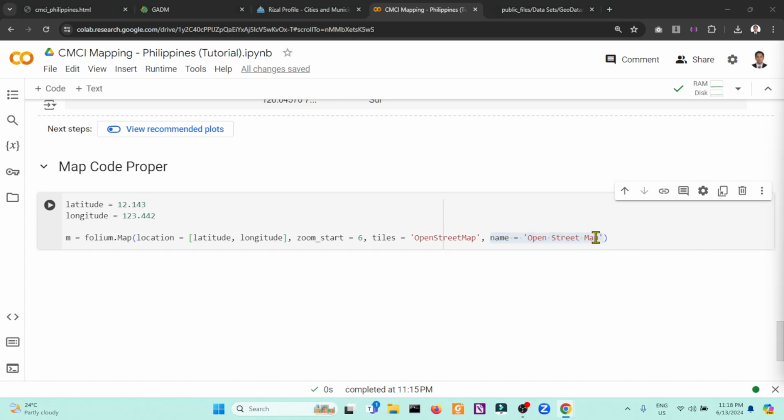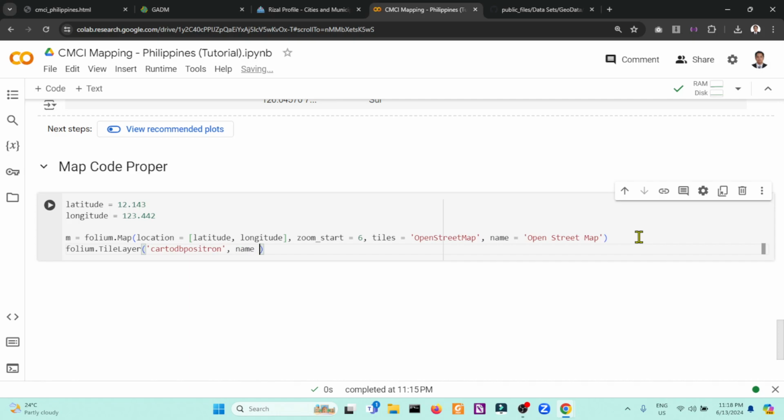This can be useful in adding multiple layers for the map in terms of clarity. So if you want another tile, you can define a folium.TileLayer property and select a valid tile code, which in this case is CartoDB positron.